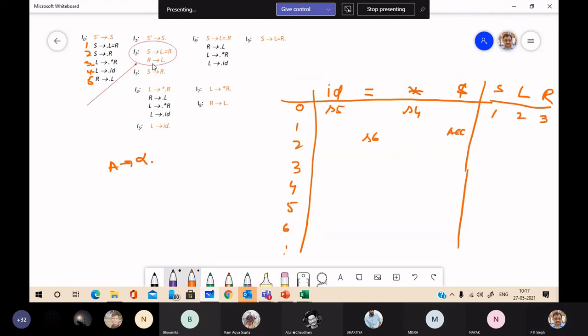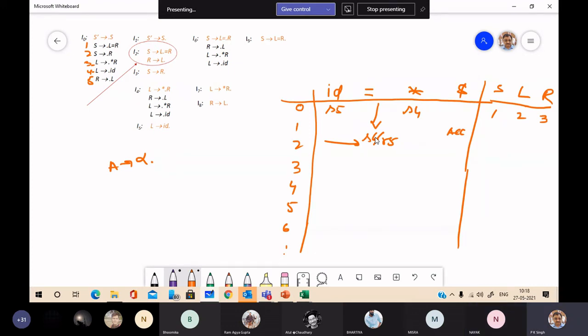Follow of R contains all the symbols of follow of L, and follow of L, due to this production, first of beta is equal sign. Means here you have R5 also. This action is S6 and R5. This is the shift reduce conflict. समझ में आया? Yes, sir. ठीक है ना?